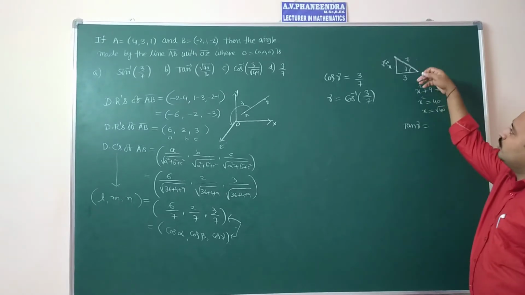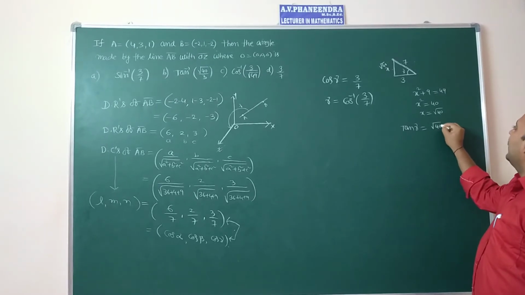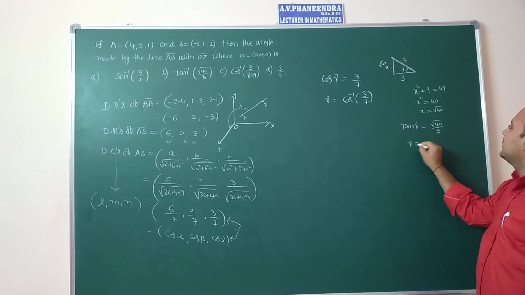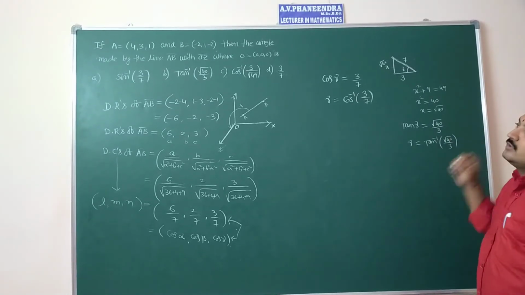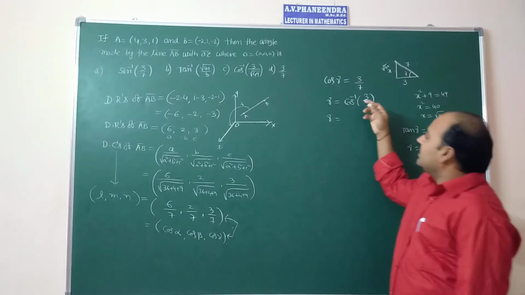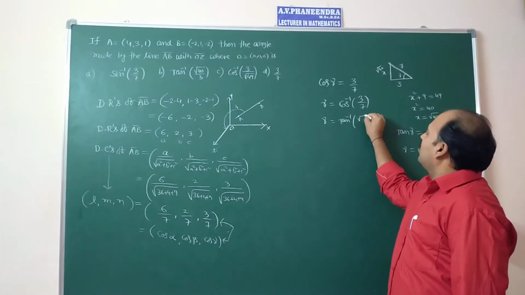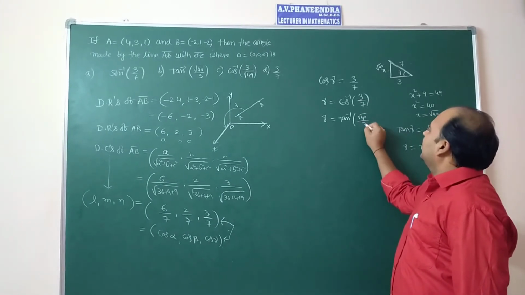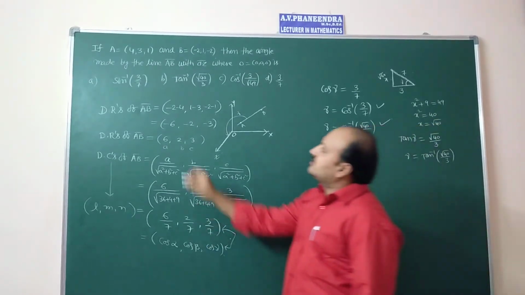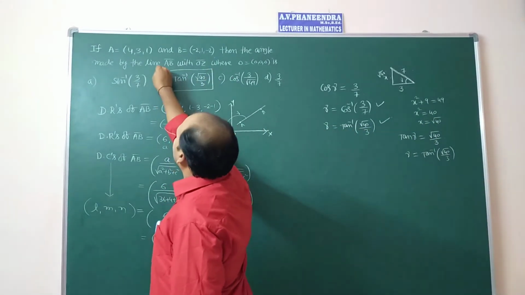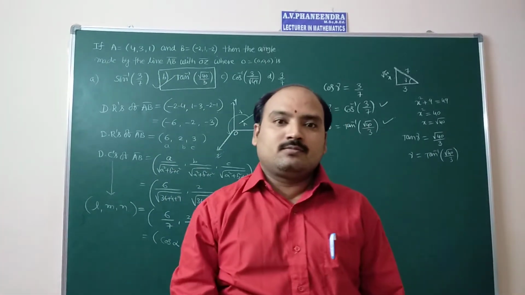Tan gamma is equal to, what is the definition of tan? Opposite by adjacent side. So root 40 divided by 3. So gamma is equal to tan inverse of root 40 divided by 3. So in place of gamma we can write it in terms of cos inverse, or in terms of tan inverse. Tan inverse of root 40 divided by 3 is there in the second option. Both answers are correct, but the exact answer is tan inverse of root 40 by 3, which is there in the second option. We will discuss in the next question.